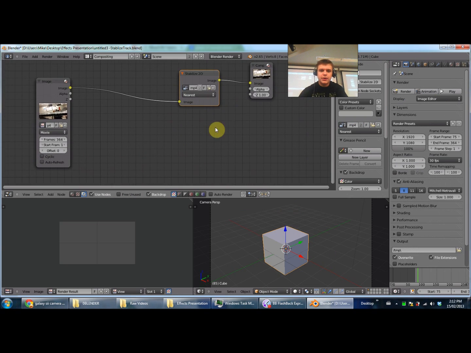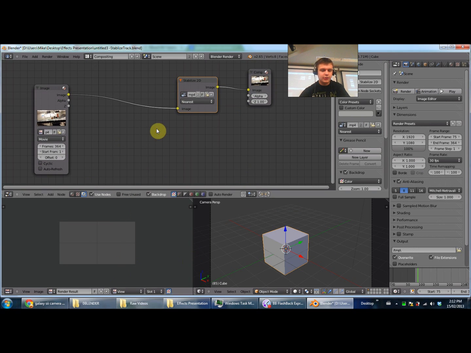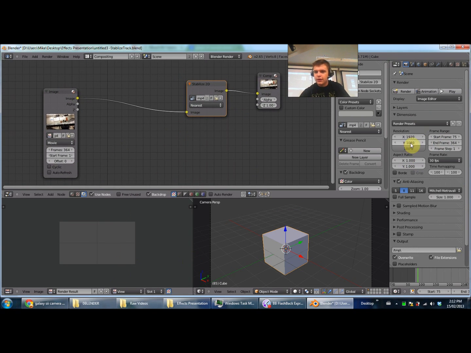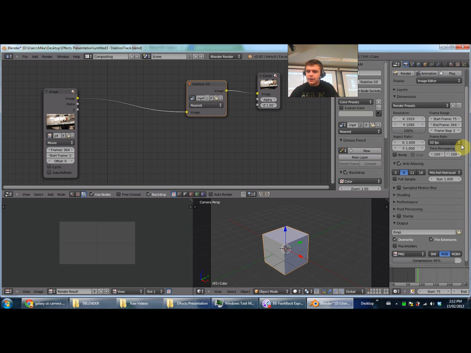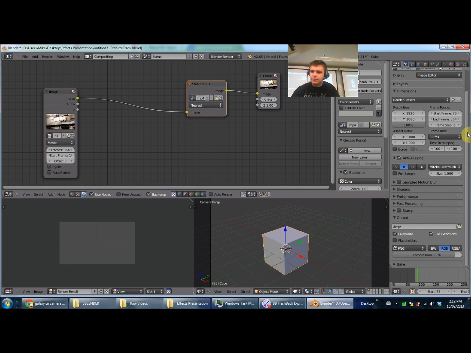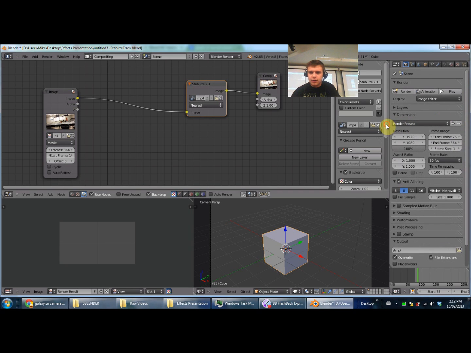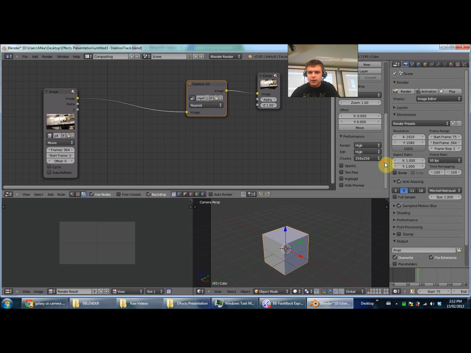Okay, and that's really all there is to stabilizing the footage. You just have to make sure that you've got decent render presets. Usually this will be set to 50% of your starting size. If you want to keep full 1080p, you want to put it to 100%. It'll normally go to C/temp, and that will be cleared on a regular basis. So make sure you grab your final frames. I think that's pretty well it. So I'll just go ahead and